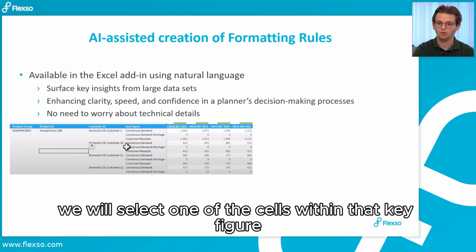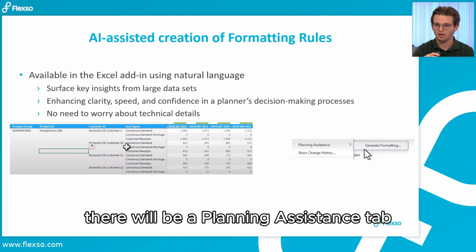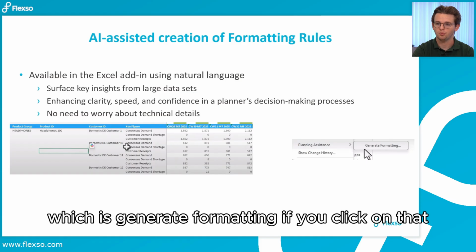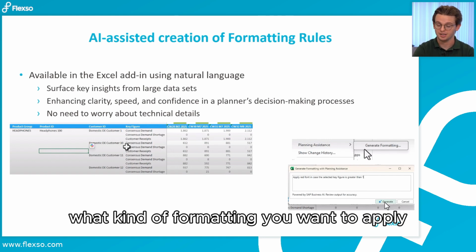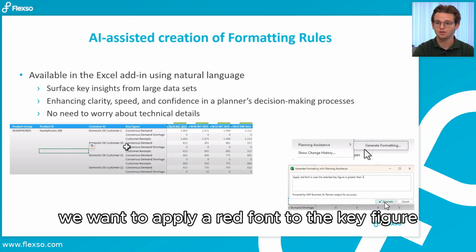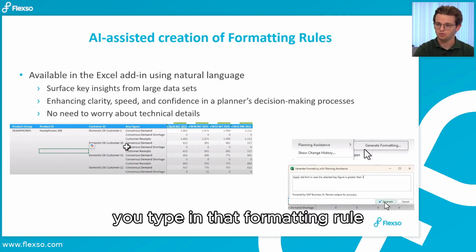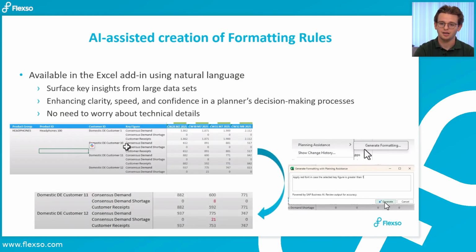We will select one of the cells within that key figure. We will click on our right mouse button. There will be a planning assistance tab. If you hover over that, you will see another field pop up, which is generate formatting. If you click on that, a box will pop up basically where you can explain to the AI what kind of formatting you want to apply. So in this case, we want to apply a red font to the key figure values that are higher than 1. You type in that formatting rule, you say generate, and voila, a couple of seconds later,